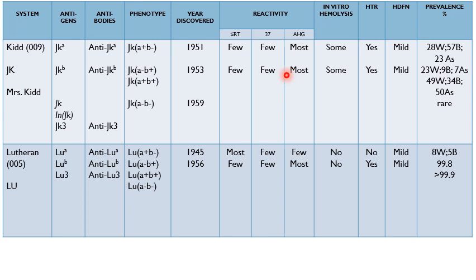Parents of italicized JK offspring and children of italicized JK parents are either JKA positive B negative or JKA negative